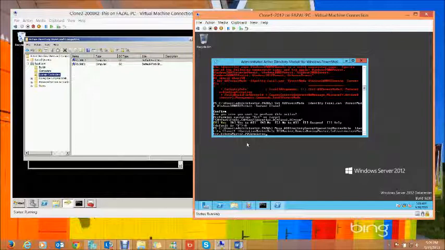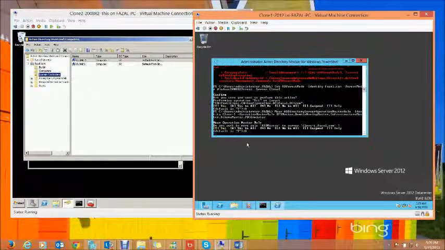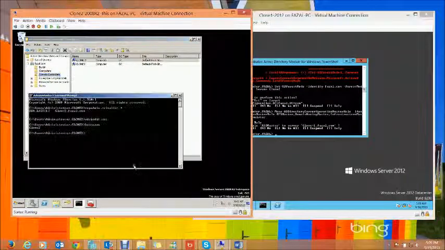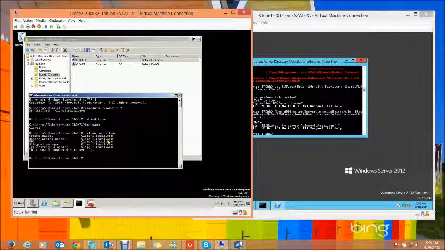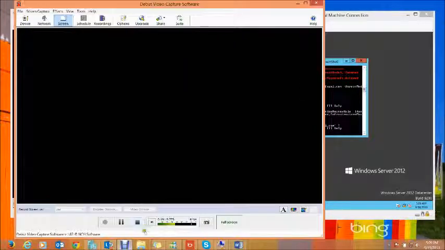Now I'll press enter. It says do you want to move all the roles. I say go on. Now I type netdom query fsmo and it shows me that all of the roles have now been moved to clone-1. So this is the first demo. Now I'll stop this recording and then we will start the new demo in another version. Thank you, and thank you for viewing this demo.